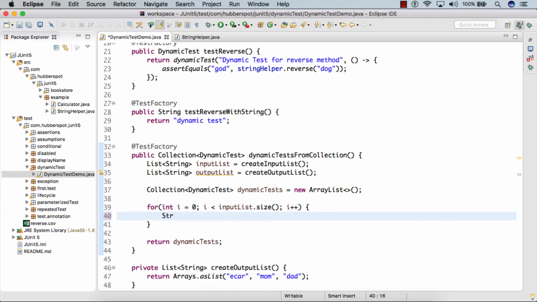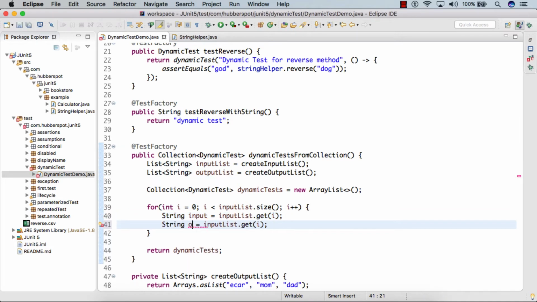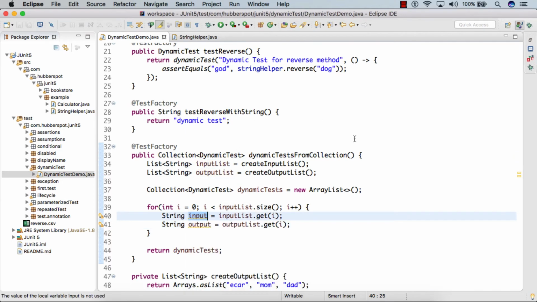In the first step we get the first input from the input list, which is nothing but inputList.get(i), and then we get the output from the output list. So this output will correspond to whatever input we are sending to our StringHelper reverse method.